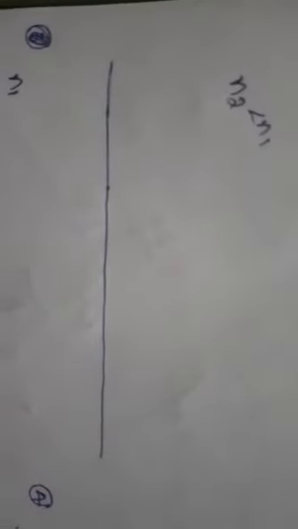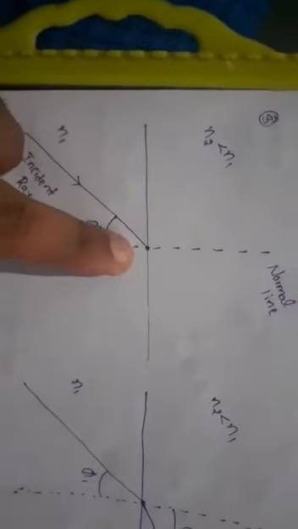First, I have taken two materials, one with refractive index n1 and another with refractive index n2. That is the first step. In the second step, I am taking the normal line to this boundary, that is, perpendicular to the boundary or surface. Third step, I have applied a light wave to this boundary, at the normal line.